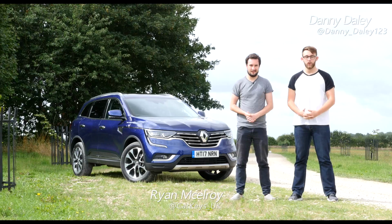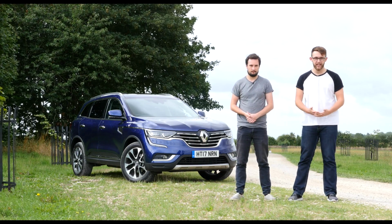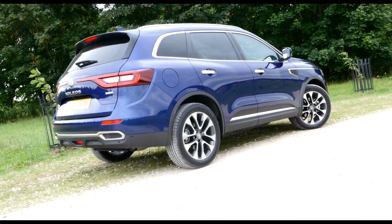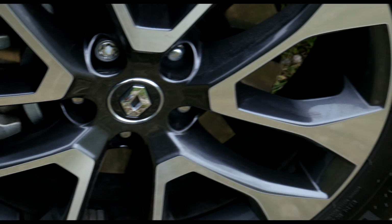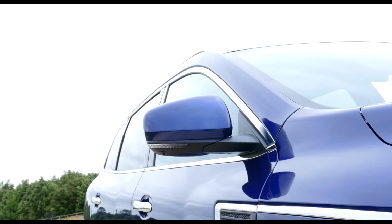SUVs and crossovers are all the rage at the minute. Every manufacturer has one, or at least plans to make one in the next couple of years. Because of this, the market's getting very overcrowded, and the gap between more premium models and family SUVs is rapidly narrowing. Yep, and the all-new Renault Koleos now enters the market at this critical time, and it aims to